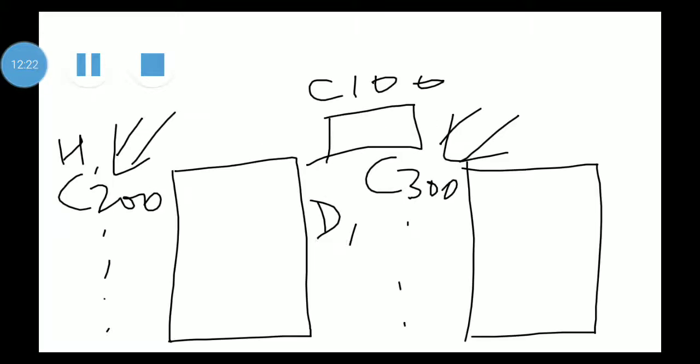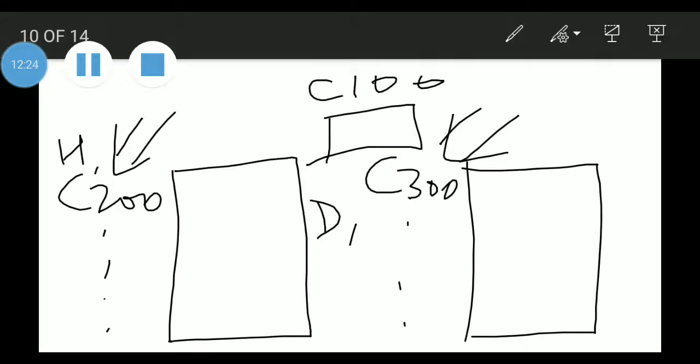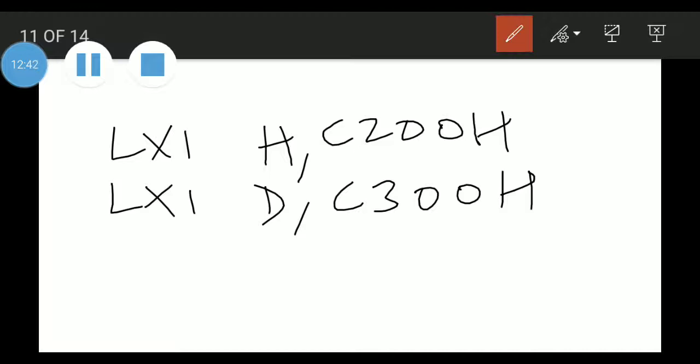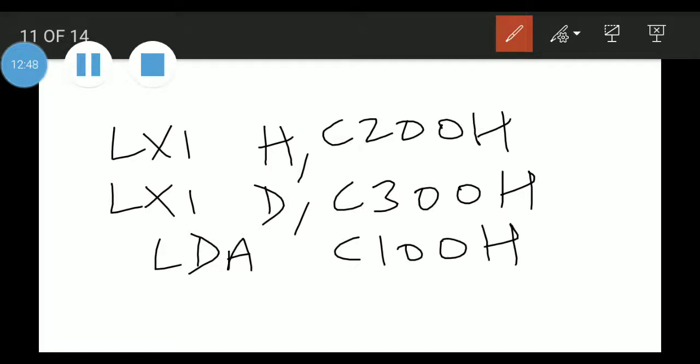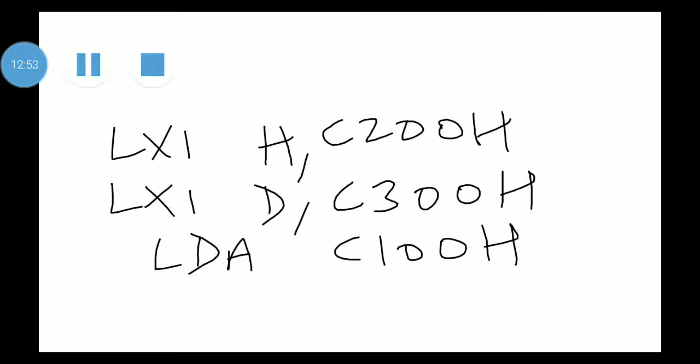Now what we need to do? We need to specify the length. That length is given in C100. The size of the block is specified in C100. Only one byte is there. We can use the LDA instruction. Yes, we can write LDA C100H. Now let us see the logic of this program.